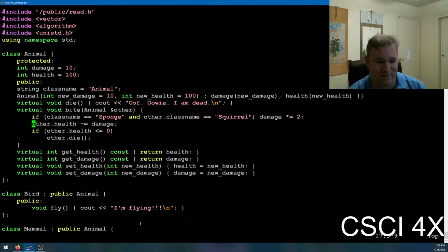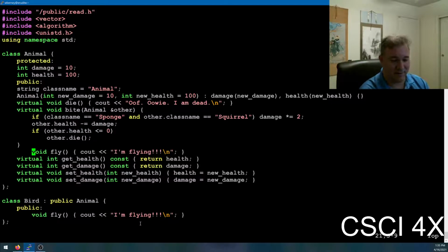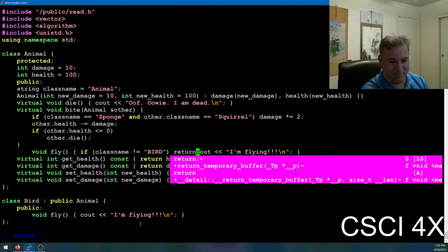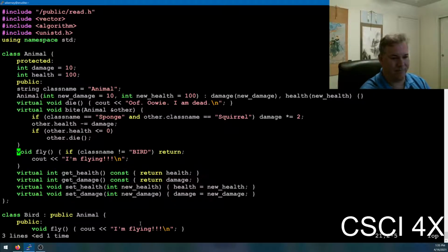So if you compress this class hierarchy, sure, you're going to have one class that has some weird stuff like this in it, fly. But I don't know, you just say, if my class name is not equal to bird, return, something like that. You know what I mean? Should fly be part of the animal class? Probably not. But